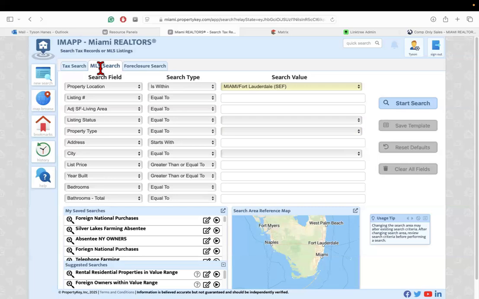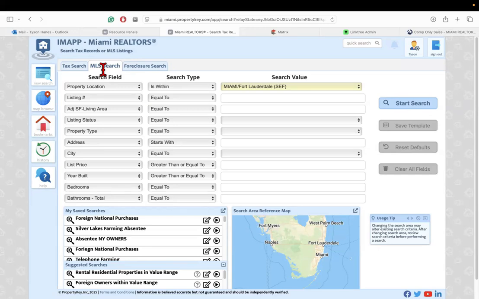So I'm going to show you a search in here under MLS search. Again, it's exclusive. You cannot do this search anywhere else. It's called the expired, not relisted search. Why is that important? Some of you guys, and I say this nicely, I don't mean this negatively, some of you guys have brokerages that provide